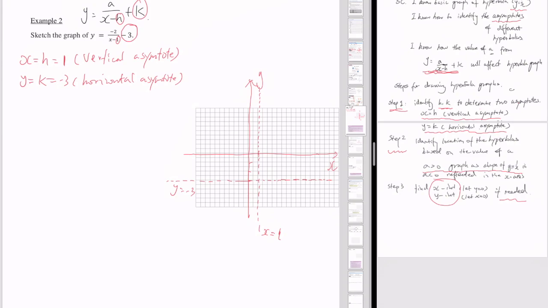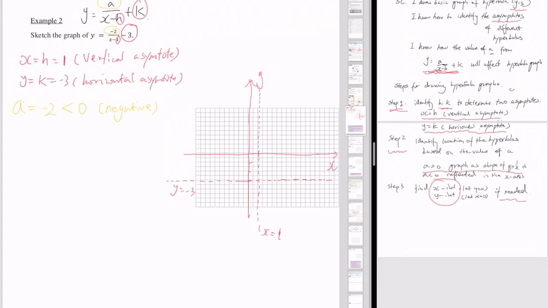Let's do step 2. Step 2, identify the location of the hyperbola based on the value of a. Okay, so we know a over here is equal to negative 2. What does it mean over here? a equal to negative 2 is smaller than 0, which means a is negative. A negative value of a,